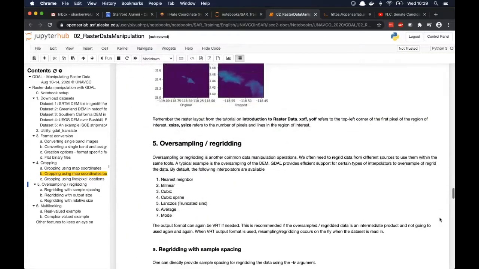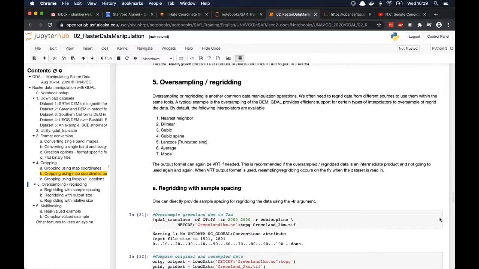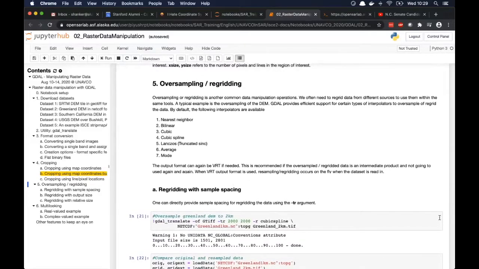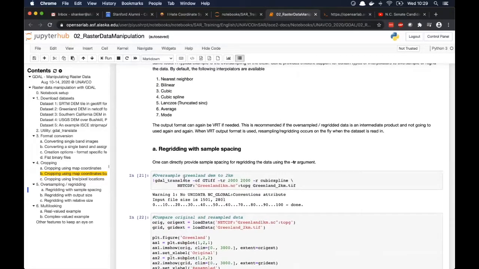All right, so another very common operation we do is like, oh, one data set is in 100-meter posting, another data set is in 20-meter posting. I need to go interpolate it, resample it. I have to adjust the corners and the map so that things line up. If you are not changing map projection systems, if you're just oversampling or undersampling, GDAL Translate will let you do that. In this case, I think the original Greenland DEM may have been a 10-kilometer spacing product, but here we can oversample it to a 2-kilometer product. And the